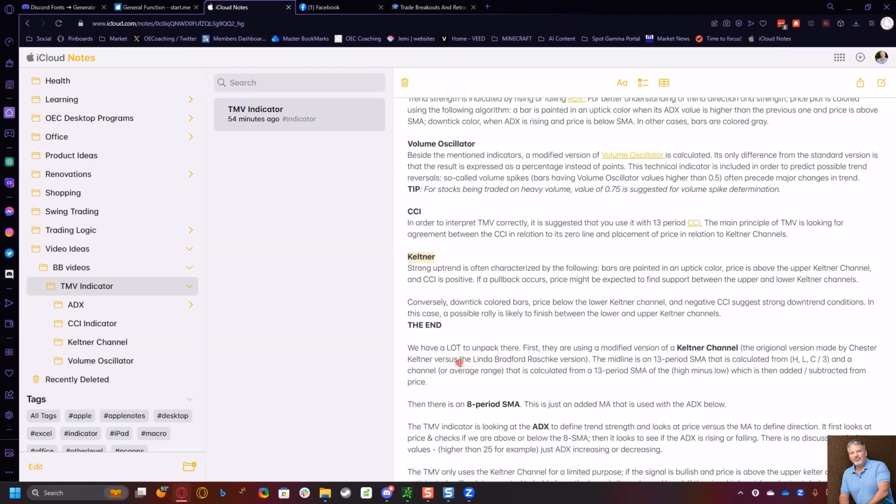When it comes to the ADX, it's only using one small part of what makes the ADX good. And then that random 8-period SMA is just thrown in there for no reason at all when we've already got the 10. So if we add a different moving average, we could have two moving averages that offer a crossover,